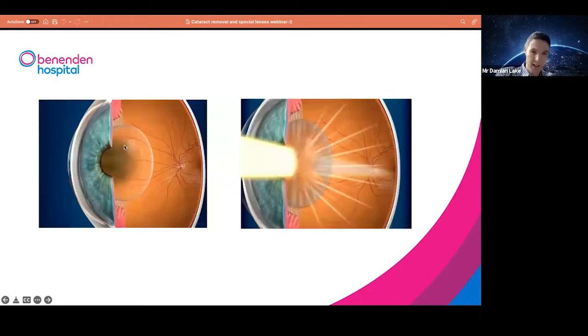Now, a cataract is when that usually clear lens becomes cloudy. Now, the symptoms that you may suffer from due to cataract would be that the vision becomes gradually blurry, or the image becomes very washed out and yellow, or you get a lot of glare, depending on where exactly the cataract is within the lens. Different people will have different symptoms.